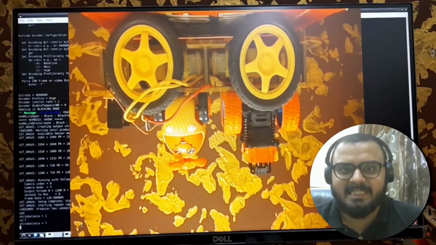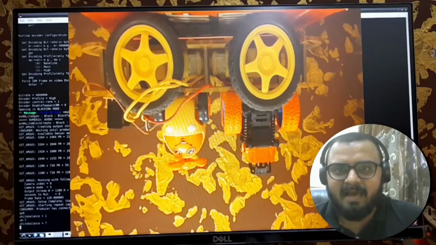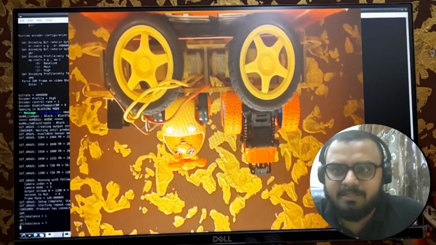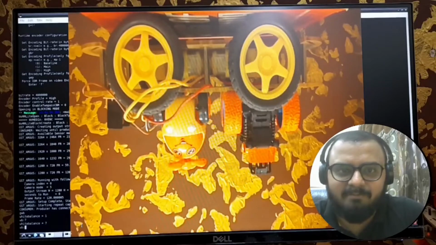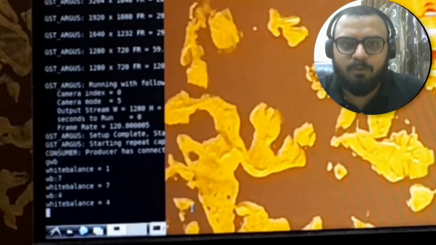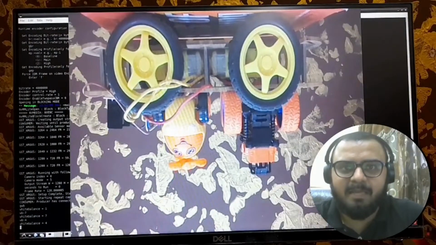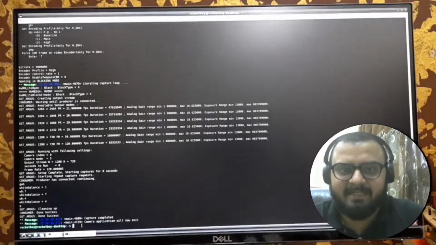As you can see, changes happen and the current camera turned into a Tungsten light mode, or I can say the white balance turned into a Tungsten light mode. Then once again I'll give some other value, WB colon 4. As you can see, we came back to the old white balance setting.